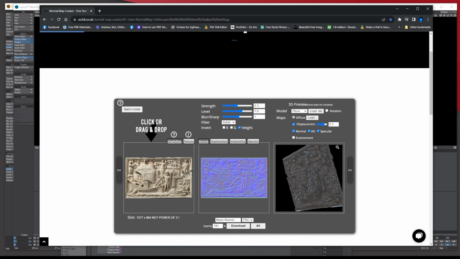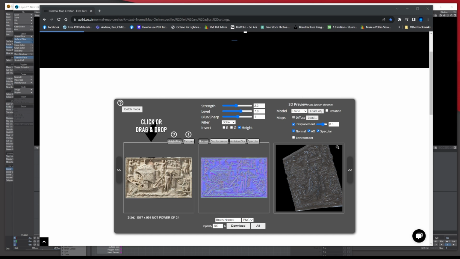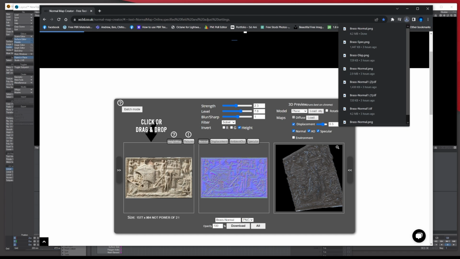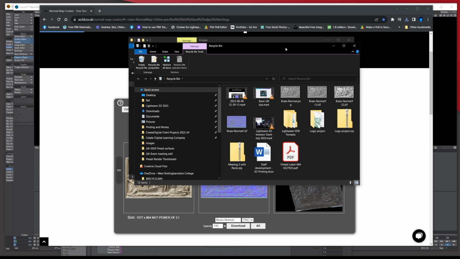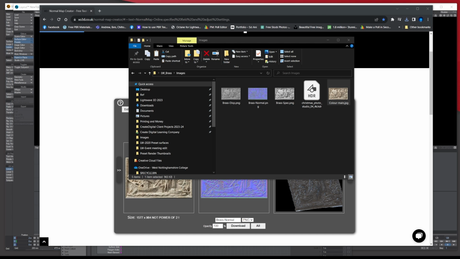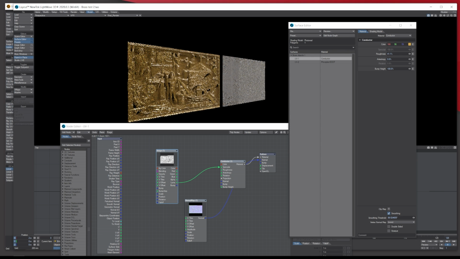Then you would download it and replace the old one. So you would download it, drag and drop it, make sure it's the same name into here, and then replace it, and it'll update in Lightwave automatically. If you want me to show you, I can. I can just download it, and let me just find it, drag and drop it in, replace, jump back into layout, and then it's updated with the different settings on, like so.